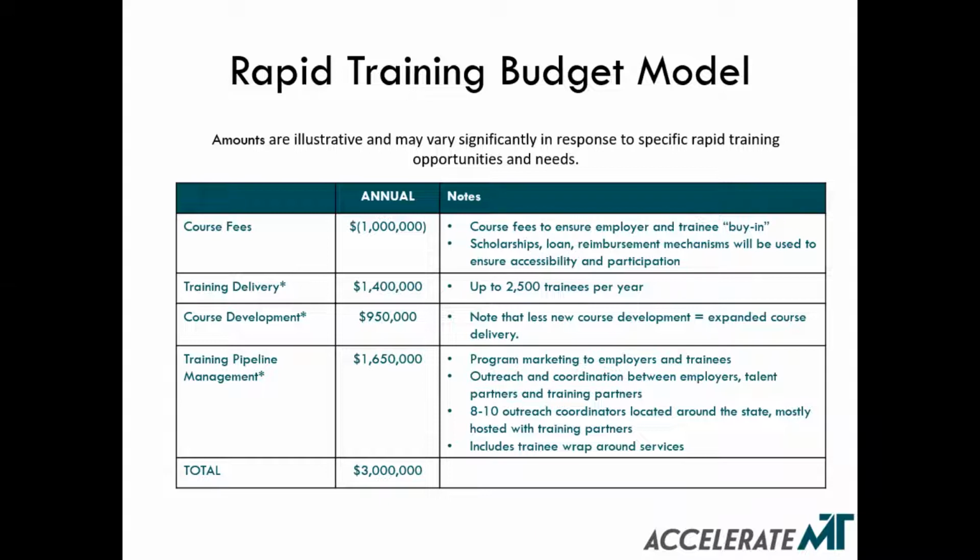But first off, if you think about how training is currently delivered, clearly there's a cost to delivering training. There's a cost to developing a course, a cost to instructors, other associated costs with running some form of training program. Typically, those costs are covered by training organizations by charging the trainee something to go through that training, whether that is paid for by the individual or whether that's paid for by their employer or some other mechanism. We don't anticipate suddenly making all training across the state free.